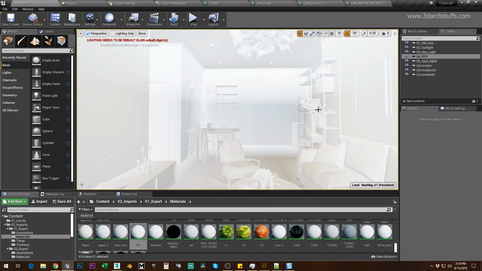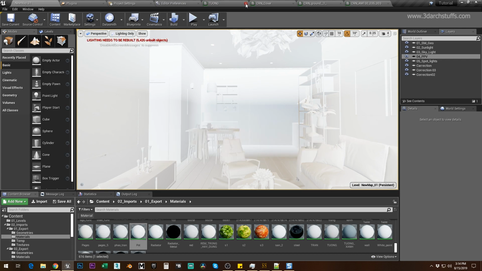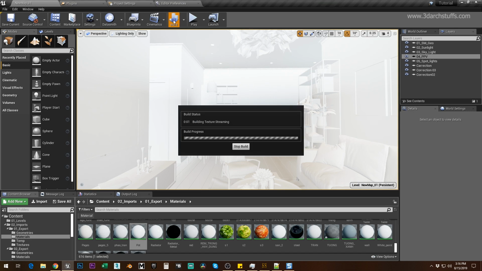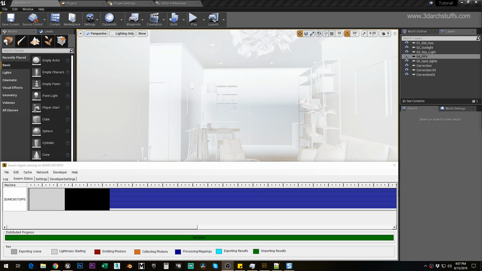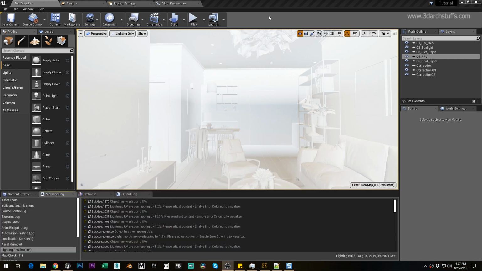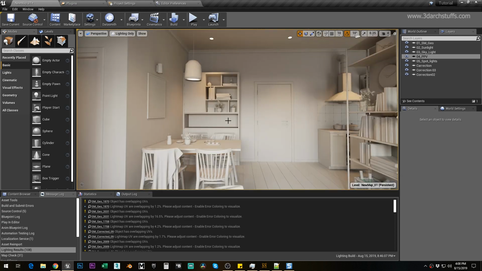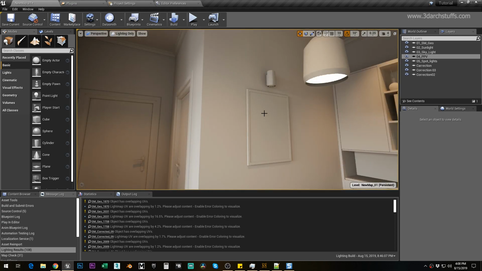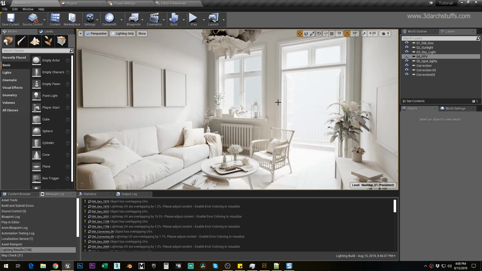So I'll go ahead and then save the file, close these palettes. So as you can see, our light build has completed, and we'll go ahead and then